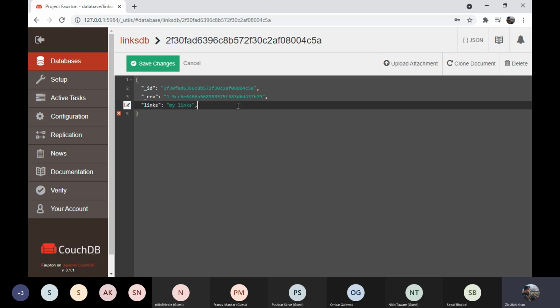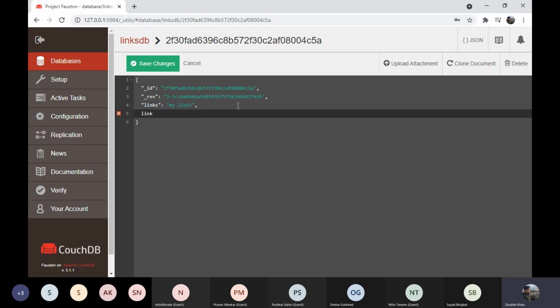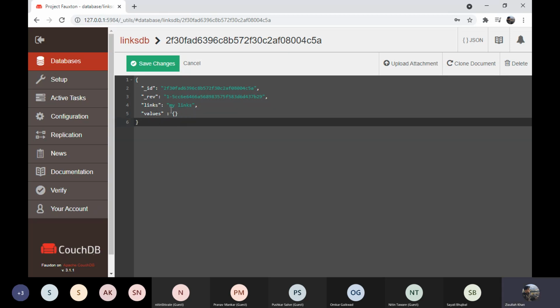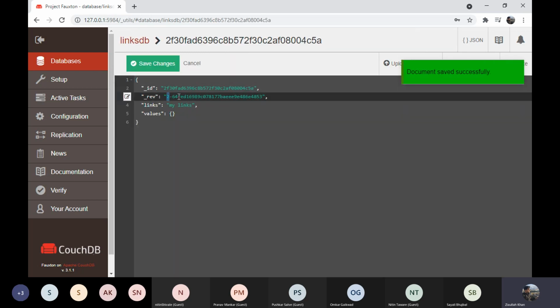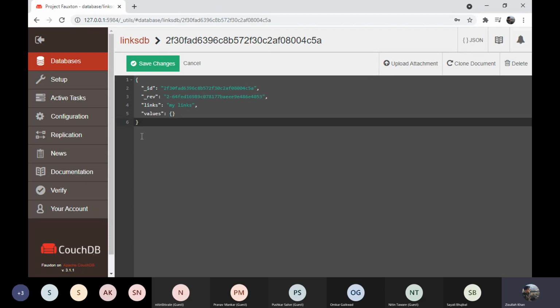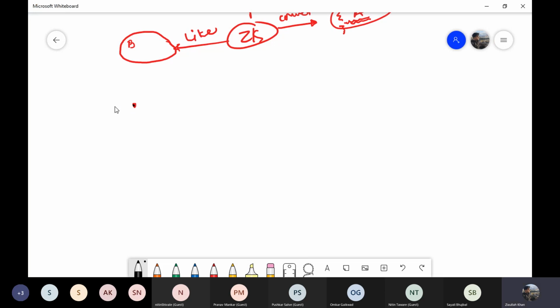If we come here now and we modify those links and provide a value, this is an empty JSON entry, by the way. And if I hit it now, this button has changed from create document to save changes. But when I save it, notice that the revision has changed from number 1 to 2, and there's another key here. The reason Redis does, I'm so sorry, the reason CouchDB does it this way is because the data that